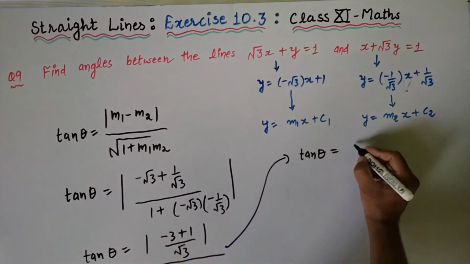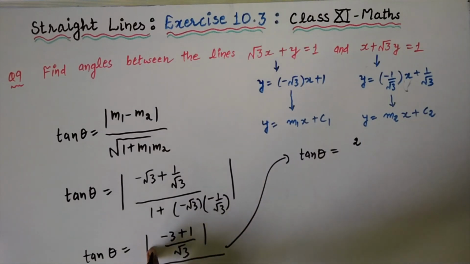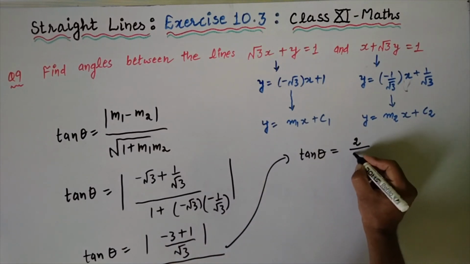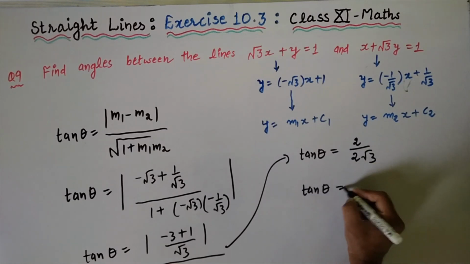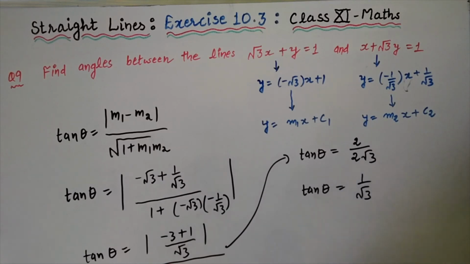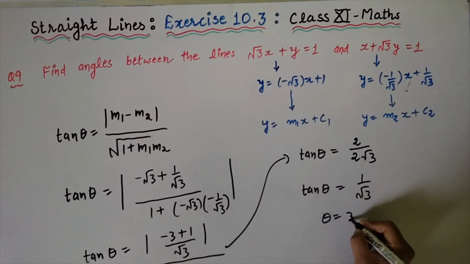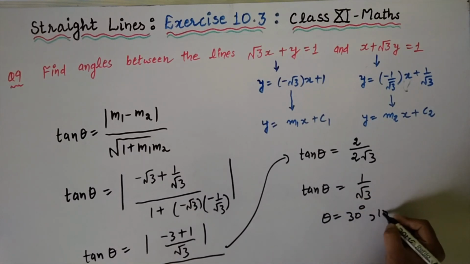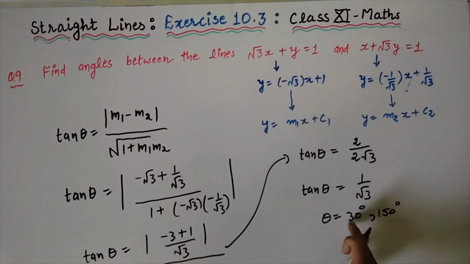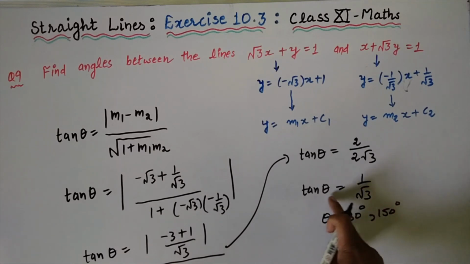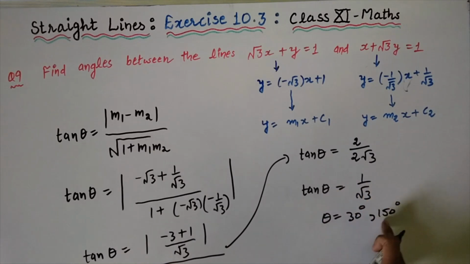So tangent of theta is equal to minus 2 upon 2 square root of 3, and after removing the modulus sign this becomes plus, that is tangent theta is equal to 1 upon square root 3. So we know that theta equal to 30 degrees and 150 degrees give the same value 1 upon square root 3. In the first quadrant tangent is positive, in the third quadrant